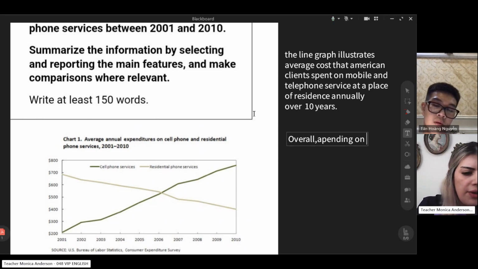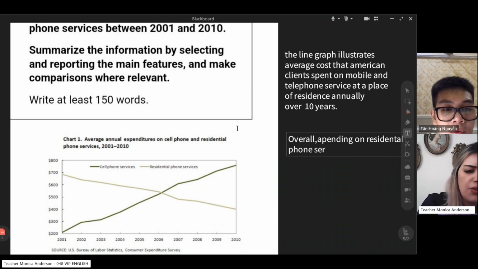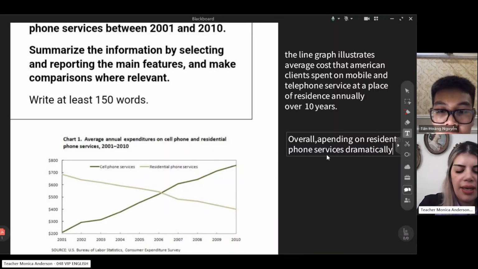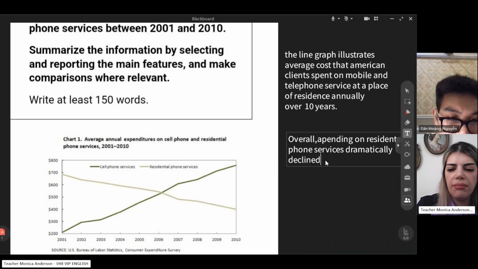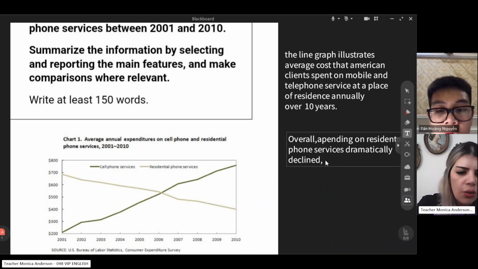Spending on, for example, residential phone service. Now for overview, you don't need to paraphrase it again. And we have a really huge decrease, so say dramatically. We can say decrease or declined. They're the same. So something like this. And we have